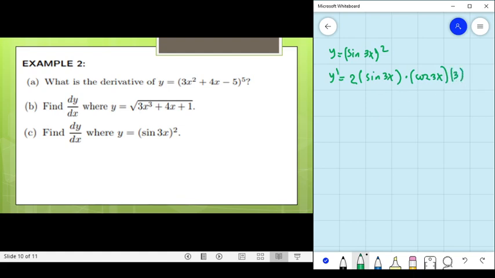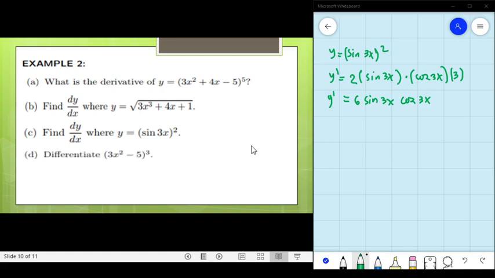Okay, so simplifying it should be 6 sine 3x cosine of 3x, the answer. Okay, so first we disregard the power, then the 2 times 1, then we take the derivative of the inner, which gives cosine 3x, and then the derivative of 3x, which is 3. Okay,